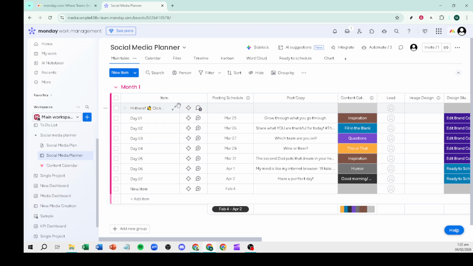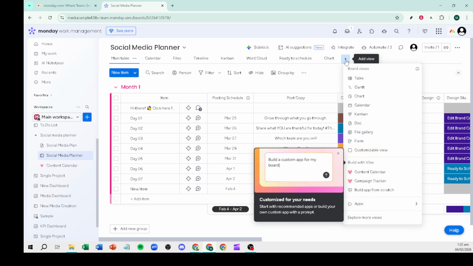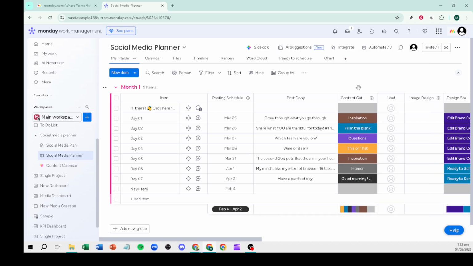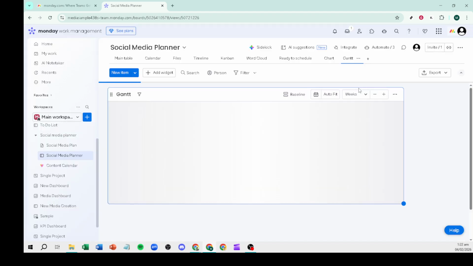At the top of your board, click the plus icon to add a new view. From the list of available views, choose Gantt. Monday.com will open a new Gantt view tab for this board, instantly translating your items with timelines into a stacked,